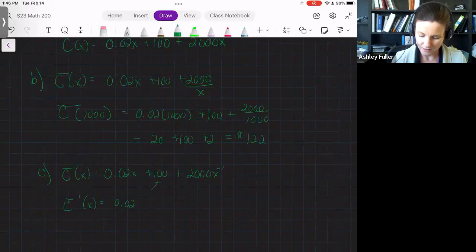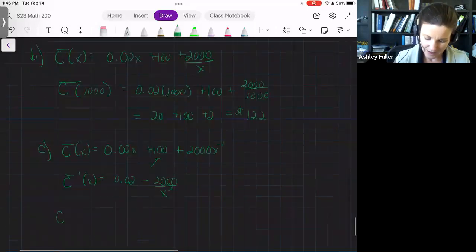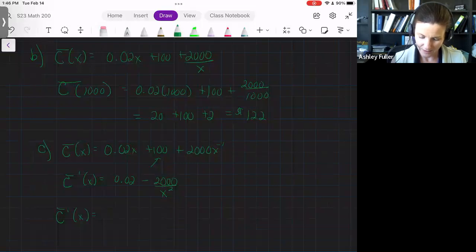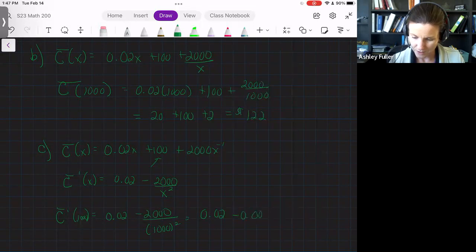This term goes to 0, and then we get minus 2,000 over x squared. And now the marginal average cost when x is 1,000, if we substitute in 1,000 here, is 0.02 minus 2,000 over 1,000 squared, which gives us 0.02 minus 0.002, or